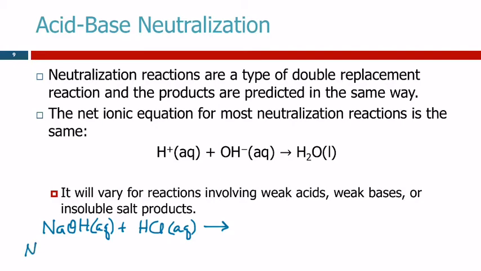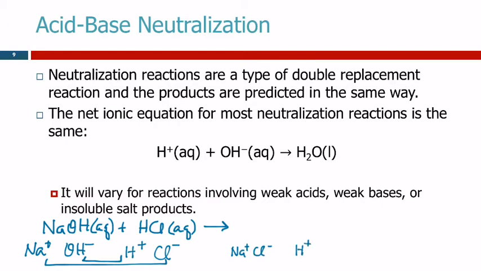So sodium hydroxide dissociates to form sodium ions and hydroxide ions. Hydrochloric acid is a strong acid. It ionizes to form hydrogen ions, which we understand are riding piggyback on a water molecule, and chloride ions. And then if we switch ions and put the hydroxide with the hydrogen and the sodium with the chloride, then we've got sodium ion with chloride ion, and we've got hydrogen ion with hydroxide ion. And then we look at the charges and we stick them together. So NaCl,